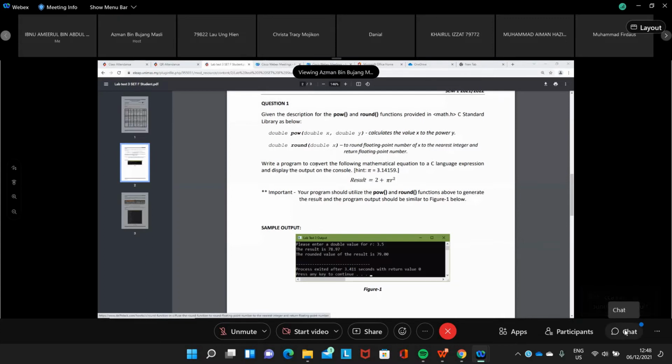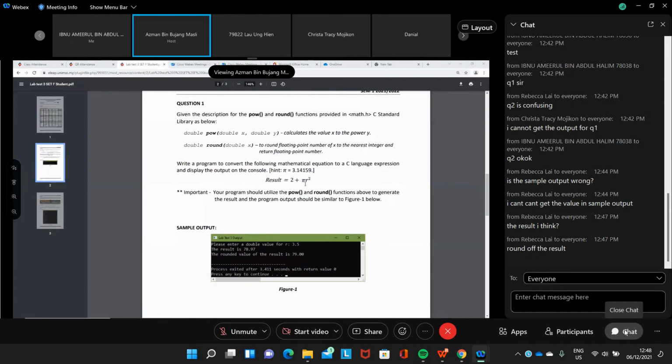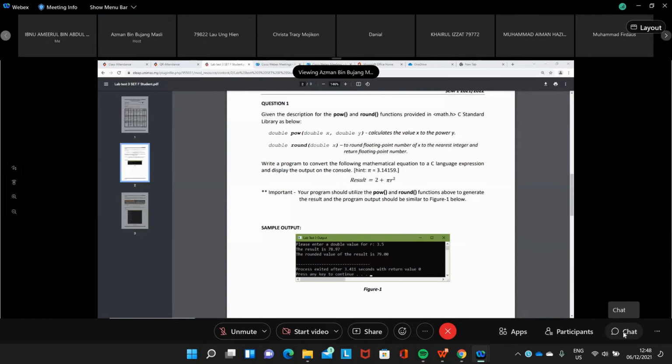Oh yeah, the last one, the rounded value. Oh, I forgot to look at the output. So the output is actually the rounded value. So for that you just call the round function. Meaning that the formula only contains the power, to calculate the power.